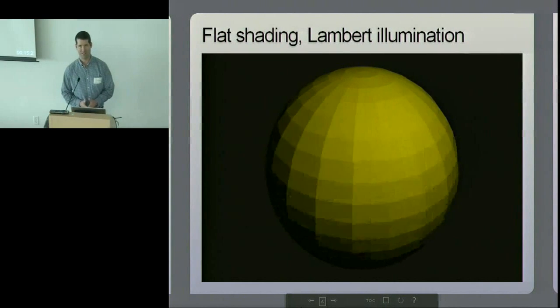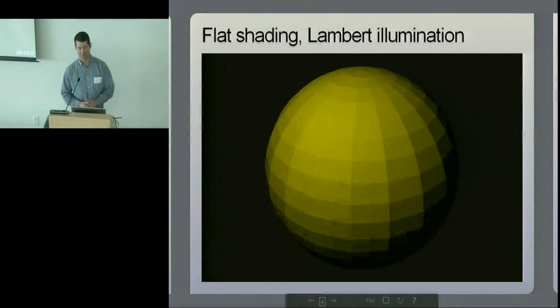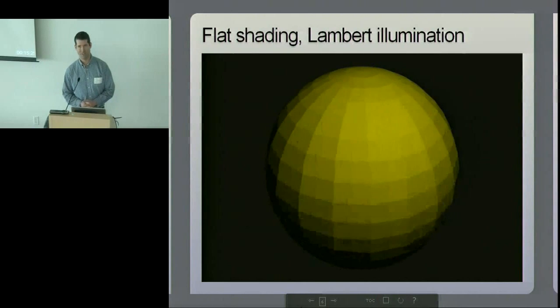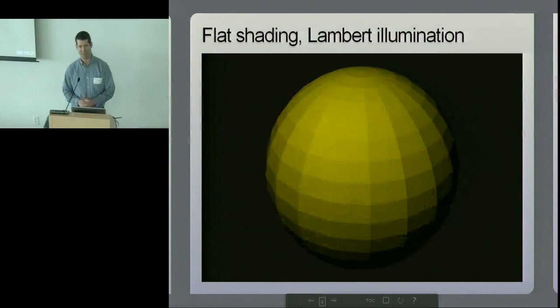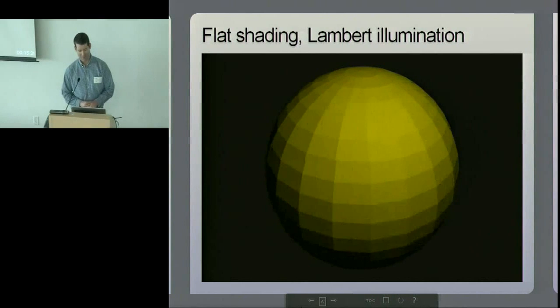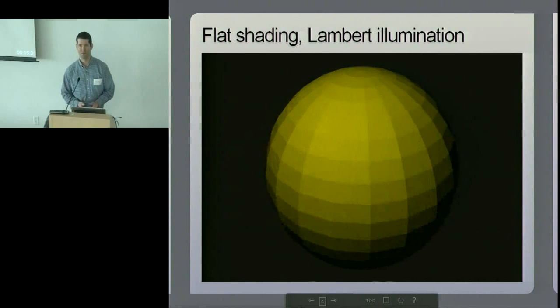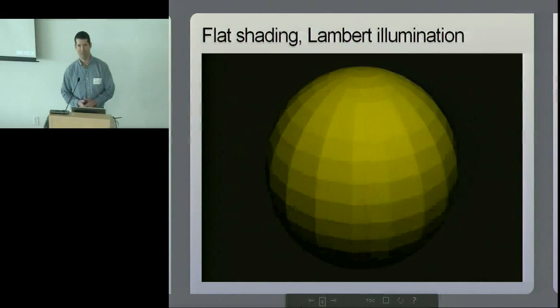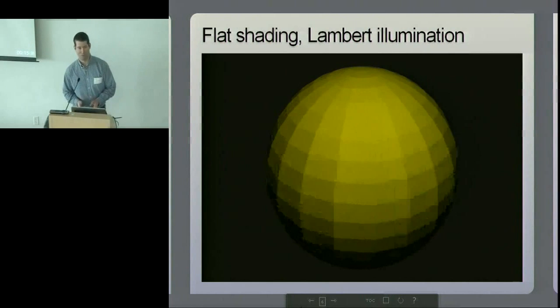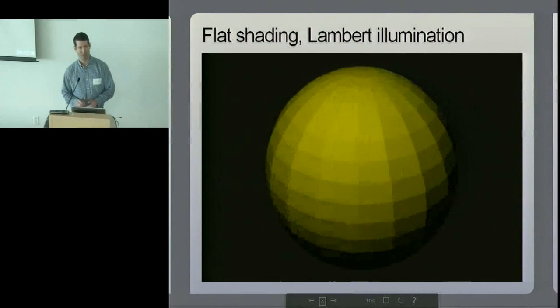Here you see this sphere is made of some polygons, and because of the flat shading, you clearly see the polygons and also the quite low resolution of the polygon mesh. And now the goal is to improve the lighting, make the sphere look more realistic without adding any new polygons.